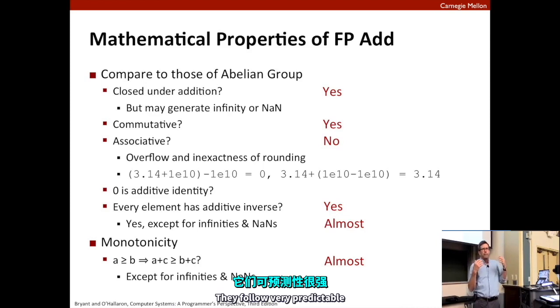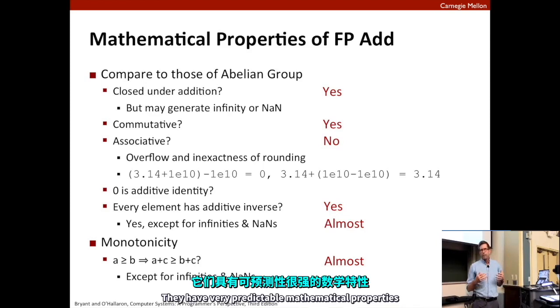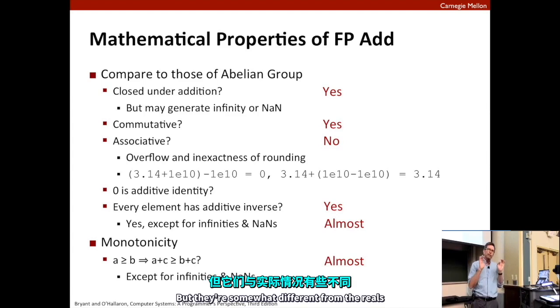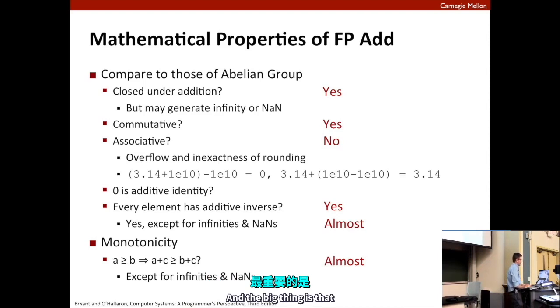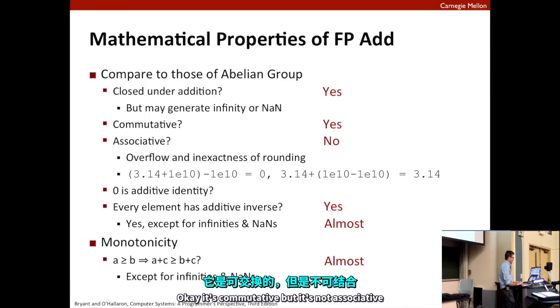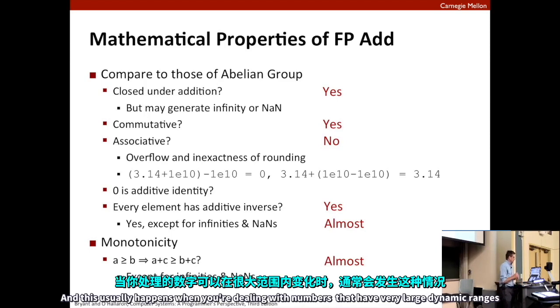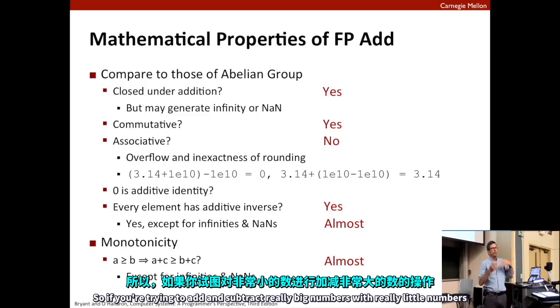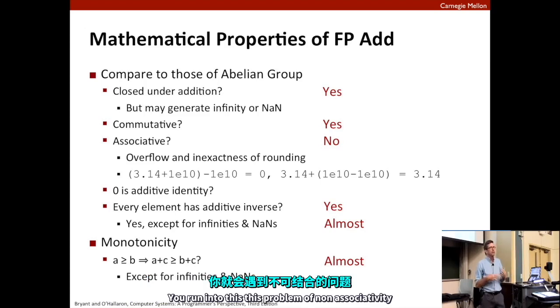They have very predictable mathematical properties, but they're somewhat different from the reals. And the big thing with addition is that it doesn't associate. It's commutative, but it's not associative. And this usually happens when you're dealing with numbers that have very large dynamic ranges. So if you're trying to add and subtract really big numbers with really little numbers,